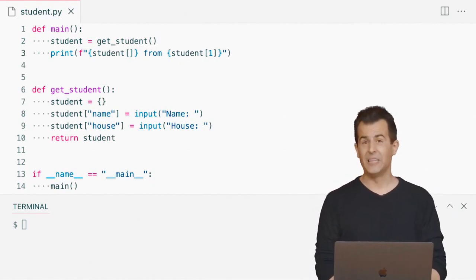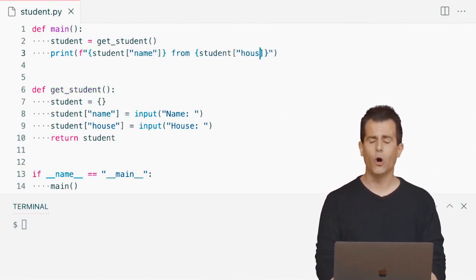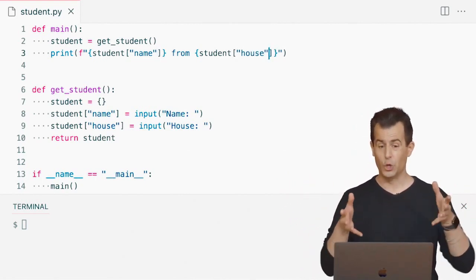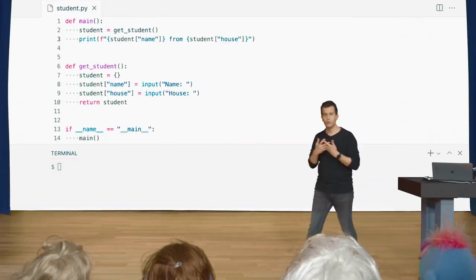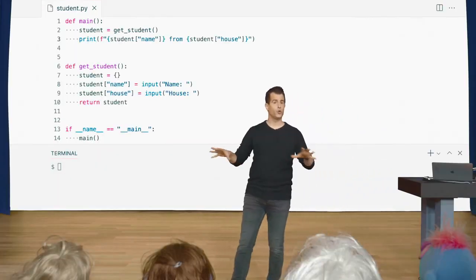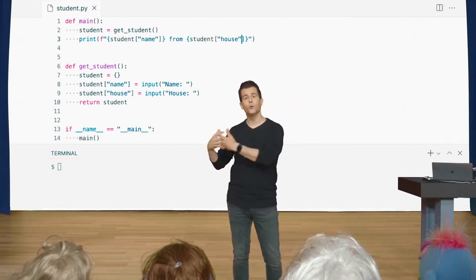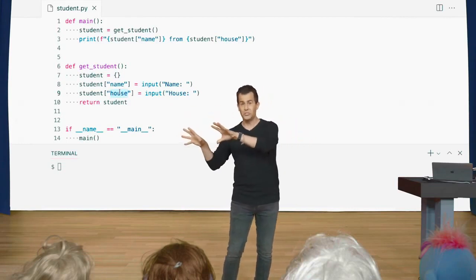Now, normally, I might be in the habit, as I personally am, of using double quotes, quote unquote name inside of there, and quote unquote house inside of there. But before I even run this code and show you a mistake, see an error on the screen, does anyone want to call out what I have done wrong here? This is just an F string. I just want to print out the value of the name key, the value of the house key in this dictionary, but